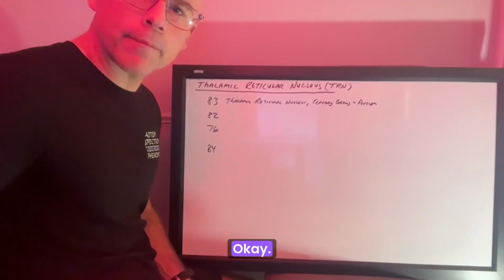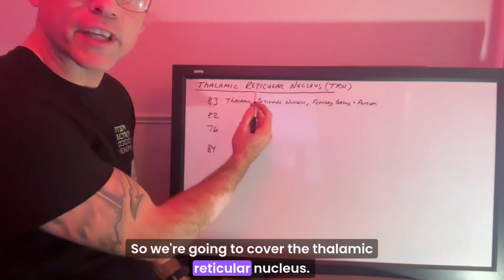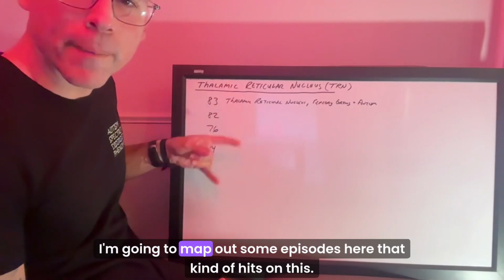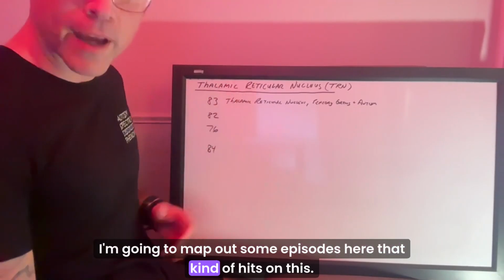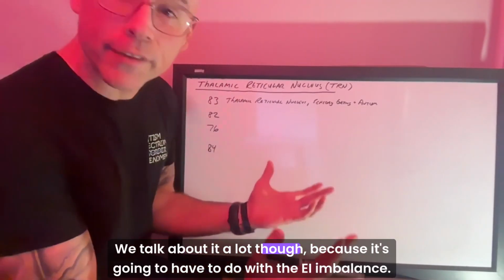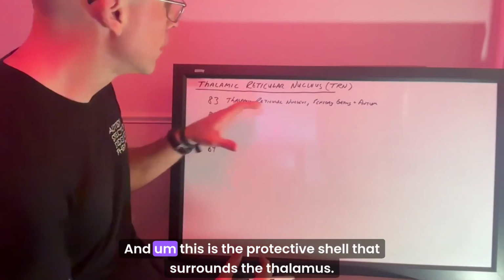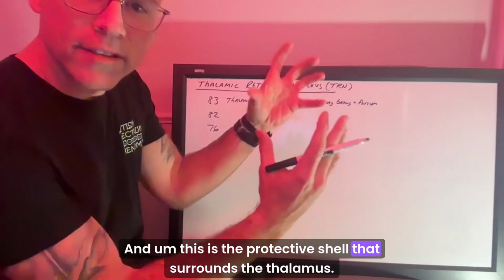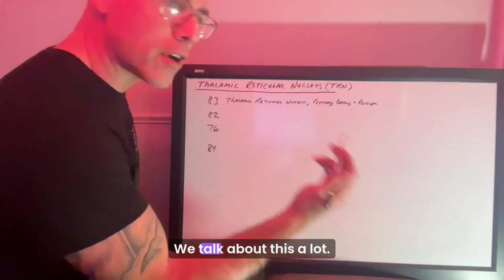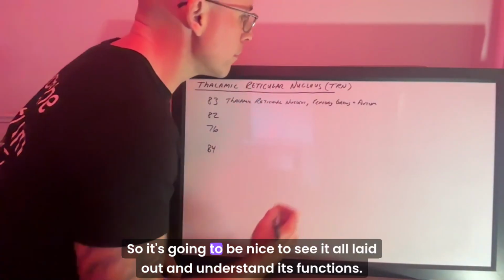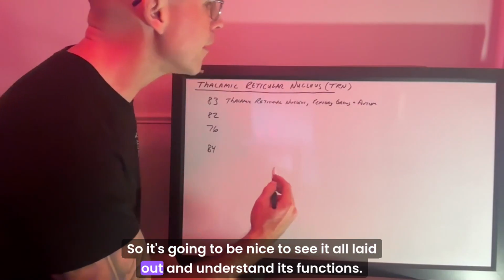There it is. Okay, so we're going to cover the Thalamic Reticular Nucleus. I'm going to map out some episodes here that hit on this. We talk about it a lot, because it's going to have to do with the EI imbalance. This is the protective shell that surrounds the thalamus. We talk about this a lot, so it's going to be nice just to see it all laid out and